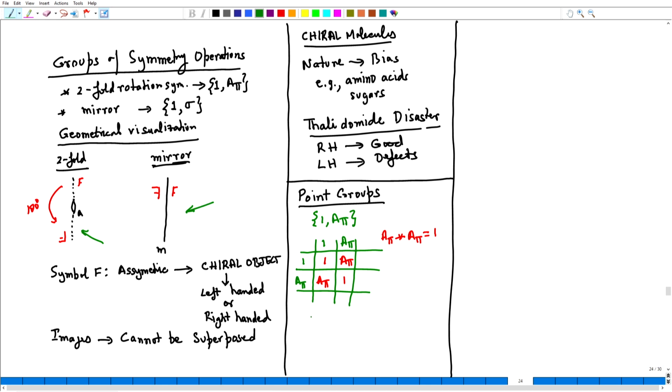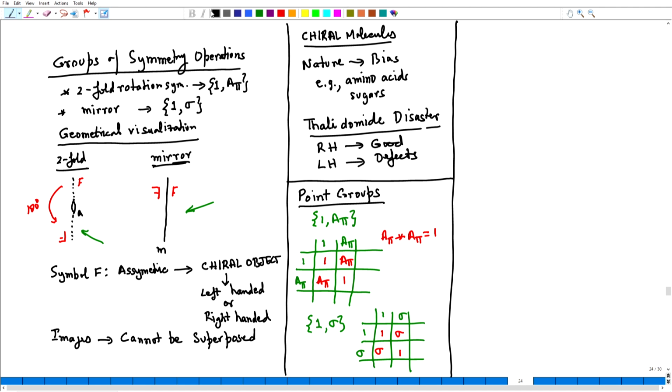The second simple point group has the elements 1 and the reflection operation. The group multiplication table for this, so 1, sigma, again this is only a 2 by 2 table, this follows as it is. So, in fact, the group looks absolutely the same as for 1 A pi, the two-fold rotation symmetry. Now, let me consider a somewhat bigger group now.